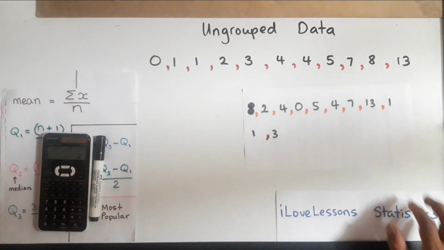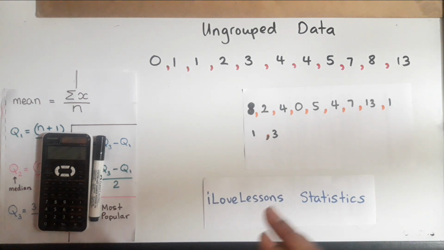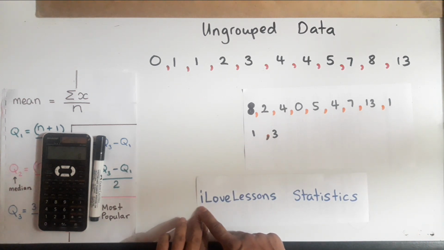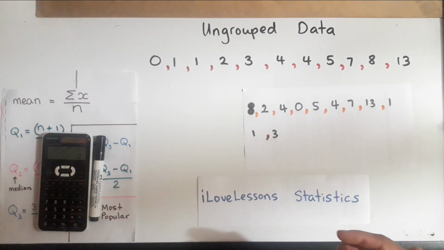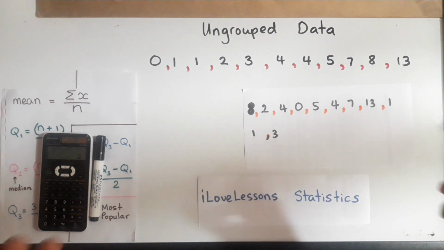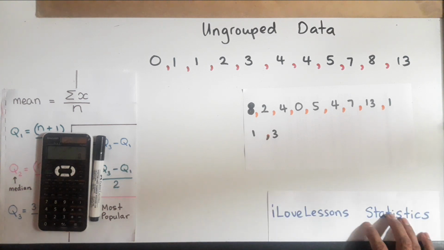Now first of all, I already covered statistics for paper 1 and paper 2, but I'm more focused on paper 2 in a previous video. All you have to do is go on YouTube, type in iLoveLessons and statistics, and the first series is a series of videos that explain statistics from beginning to end. I'm talking about graphs, cumulative frequency, histograms. It's quite long, about 2 hours plus when you combine all the videos, but that's a real detailed explanation for everything. Today, I'm going to be focusing more on the paper 1 questions, like I said.